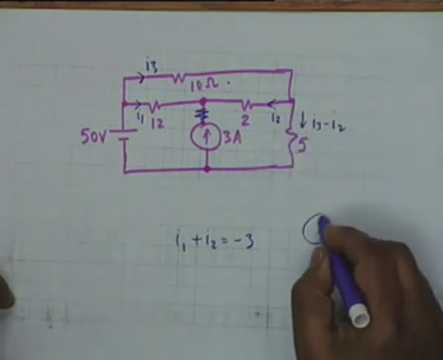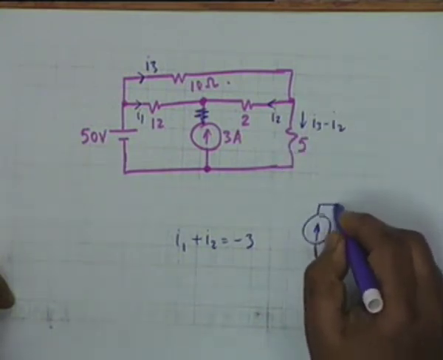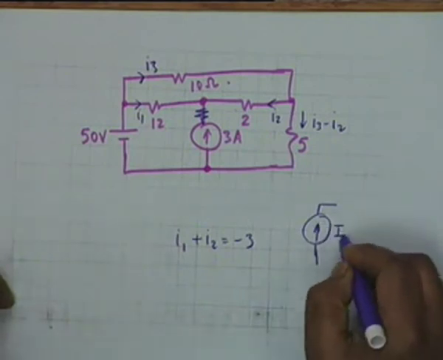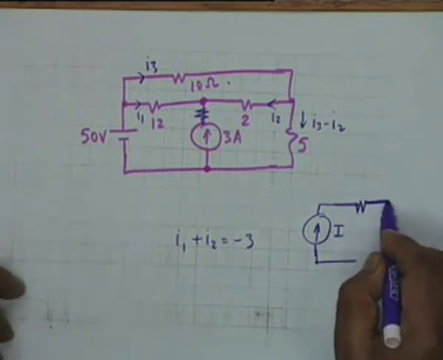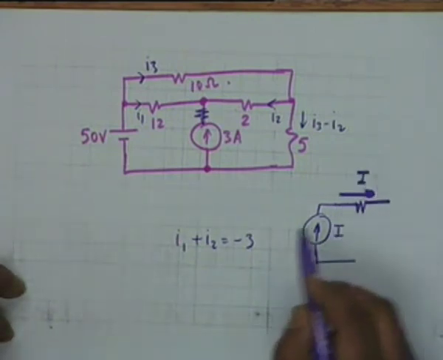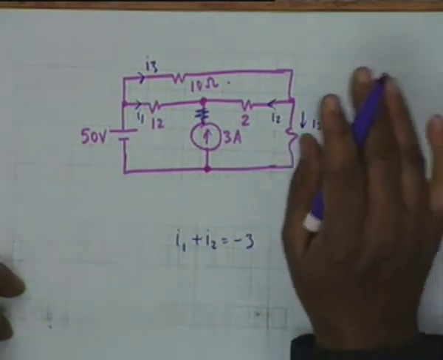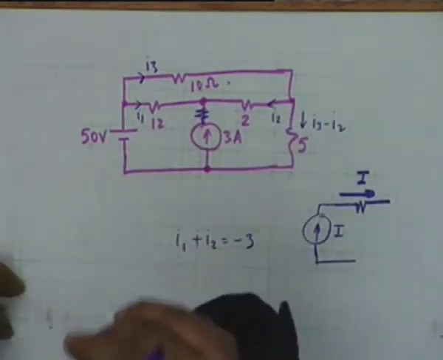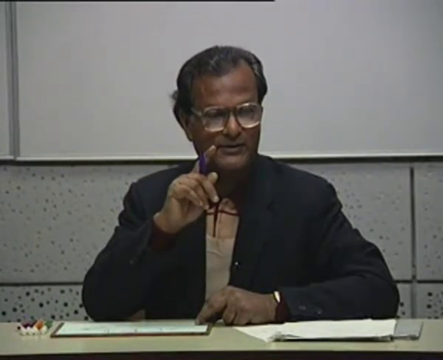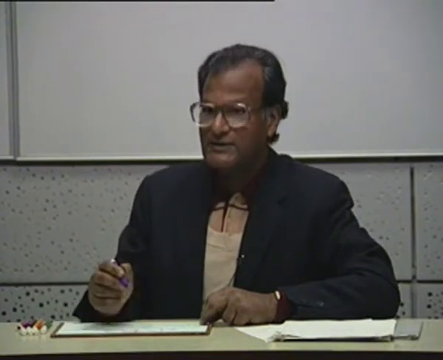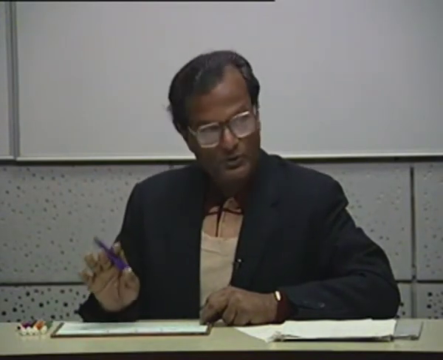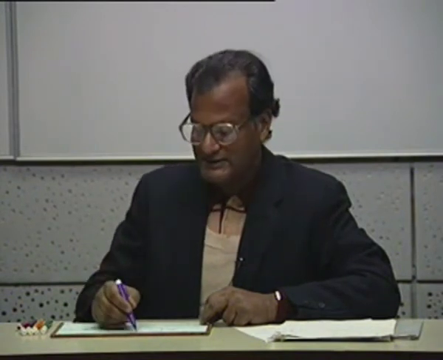No. A current generator by definition delivers a current capital I irrespective of what is connected to it. If there is a series resistance, it does not matter, the current is still I, whatever be the resistance, so long as it is not a degenerate case, infinite. If capital R is infinite, then the current generator is disconnected and therefore no current can flow. So if there is a resistance in series, there is no change in the KCL equation at this